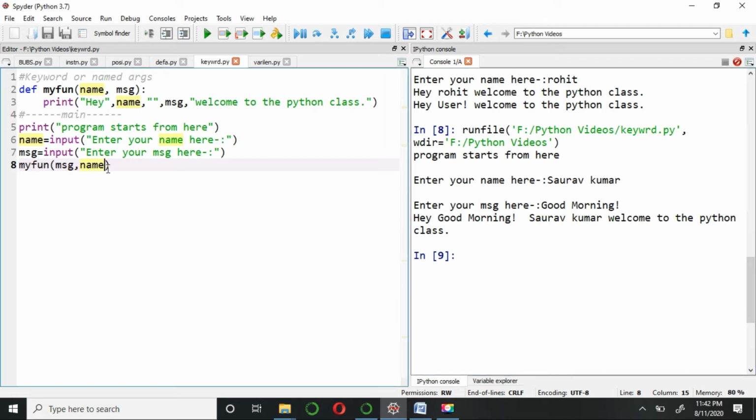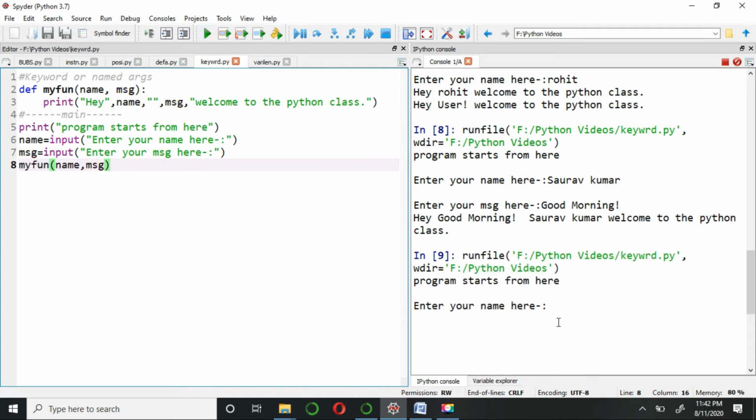Let's see the output again. If I change the sequence here, writing name first and then message, and run it again. Here, Amit Kumar, good evening.